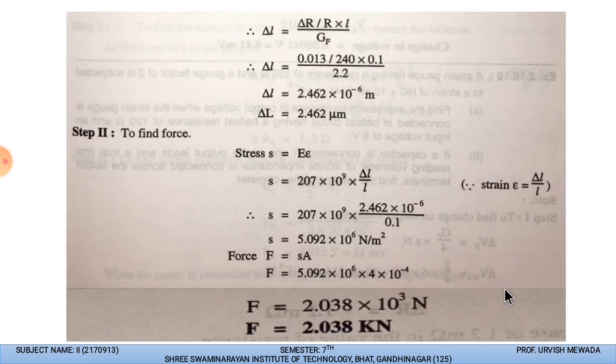So 4 into 10 raised to minus 4. So the force which we get from this is 2.038 into 10 raised to 3 Newton, or we can write this 2.038 kilonewton. So this is how, when we apply a stress on this particular object,